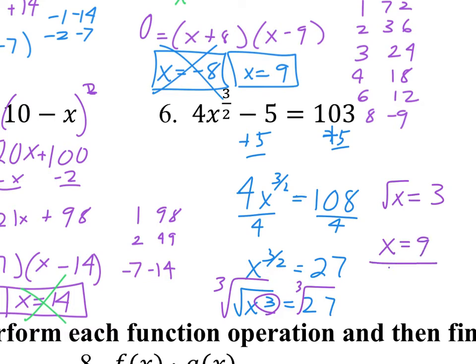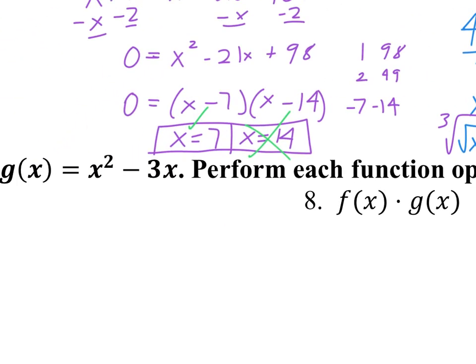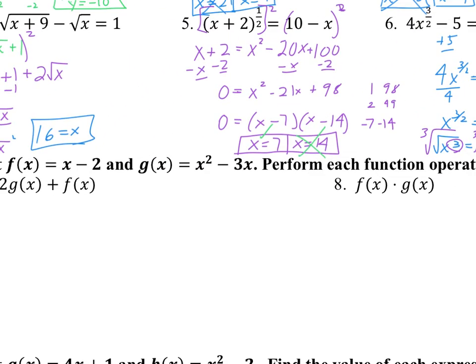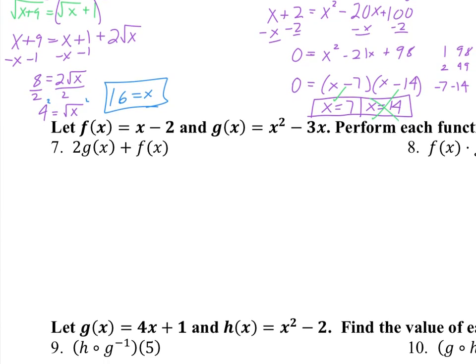Again, you can plug the 9 in to make sure that that works. Doesn't take too much to figure out that it does. And we never took both sides to an even power. We did square both sides right here, but we never squared anything that could have been negative, so we can't have introduced an extraneous solution there, but it doesn't hurt to check anyhow. All right, so here we've got an f of x and a g of x, and we're going